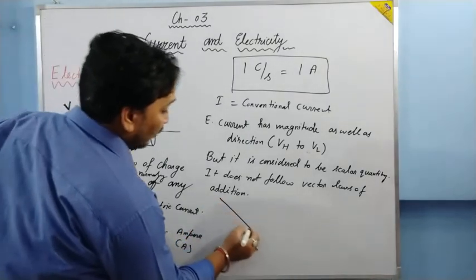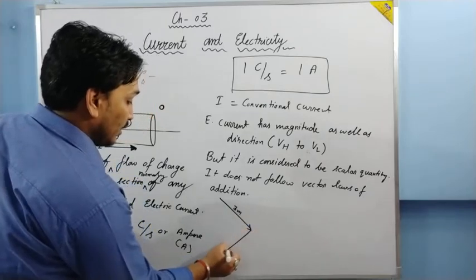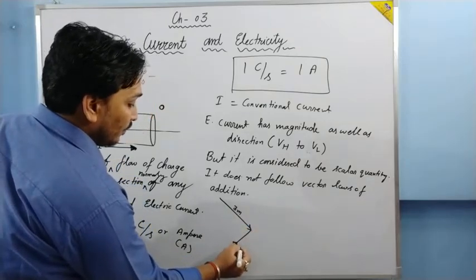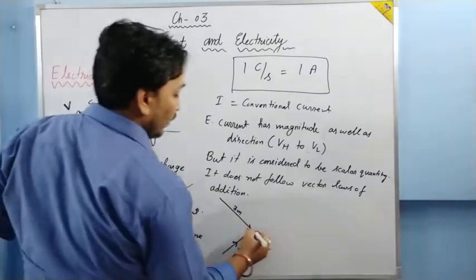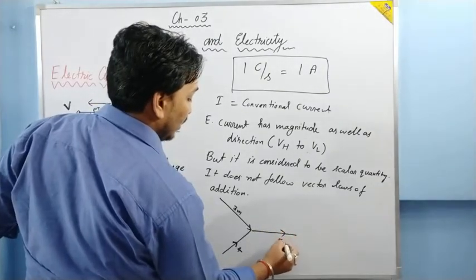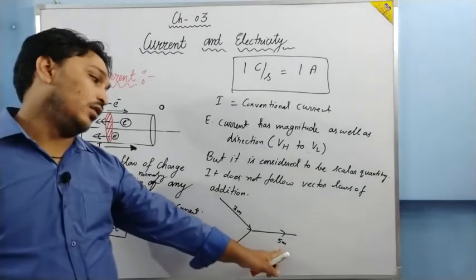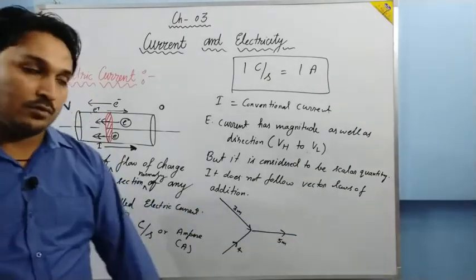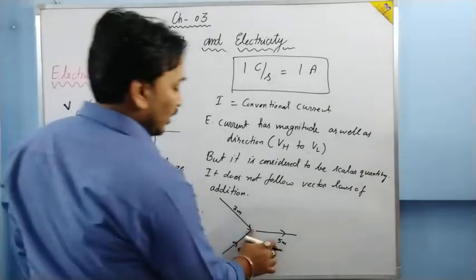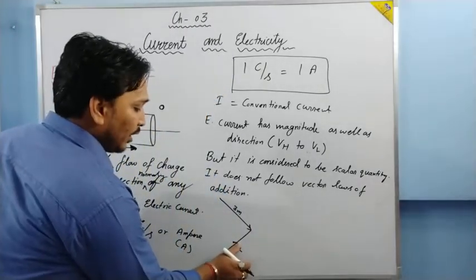Suppose there is 3 meter of displacement in this direction and 4 meter of displacement in this direction. If they are added and they are perpendicular, what are we going to have? We are going to have 5 meter of displacement in this direction. Yes, they will be added vectorially. The direction will be different, obviously, but the magnitude of the resultant will be 5. Is it clear? Okay, let me make it very clear.